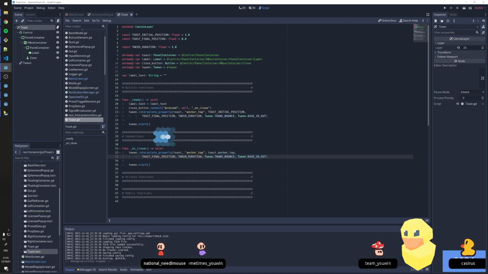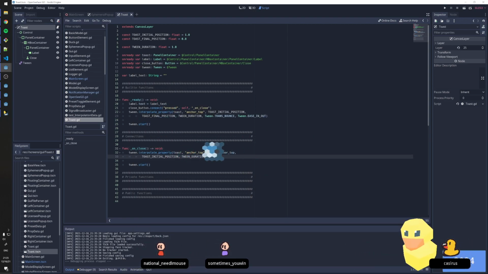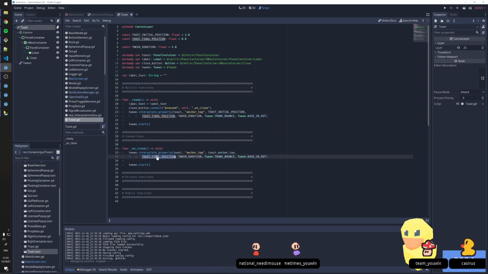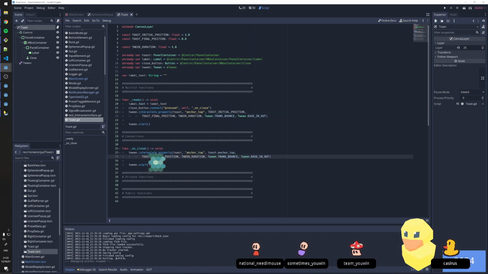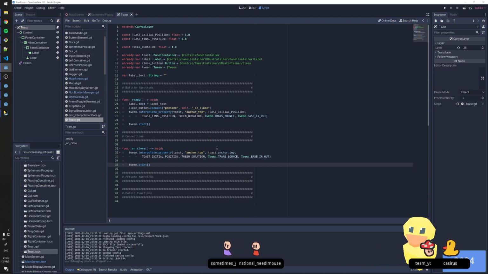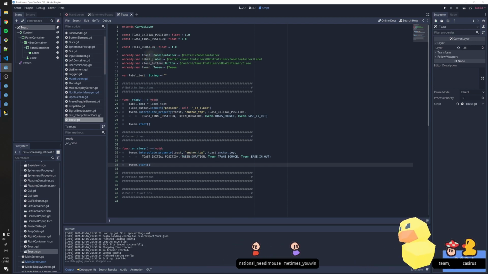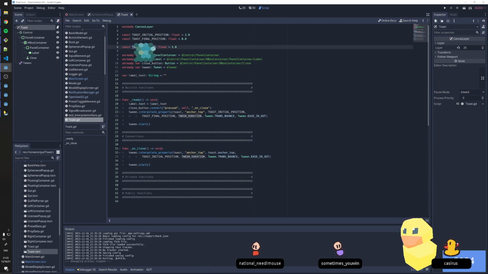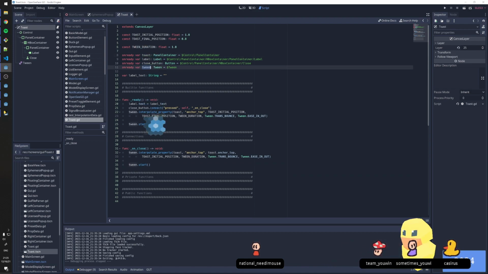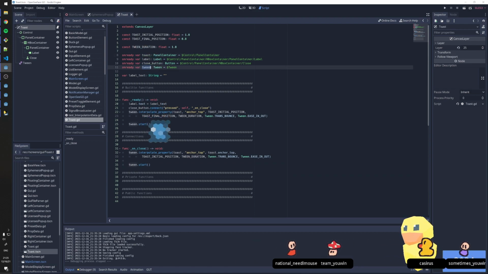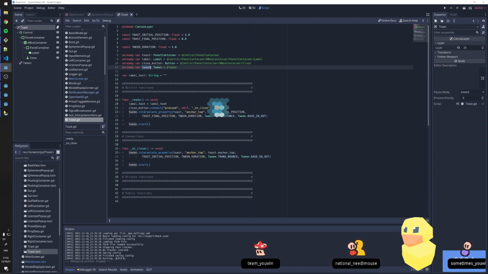Did I do this wrong? Oh, I did do this wrong. Hold on. Initial position. Initial position. And then we kill it. Oh, and that, yeah, oh, you know what? Forgot I was causing a memory leak. All right, so we do need to also